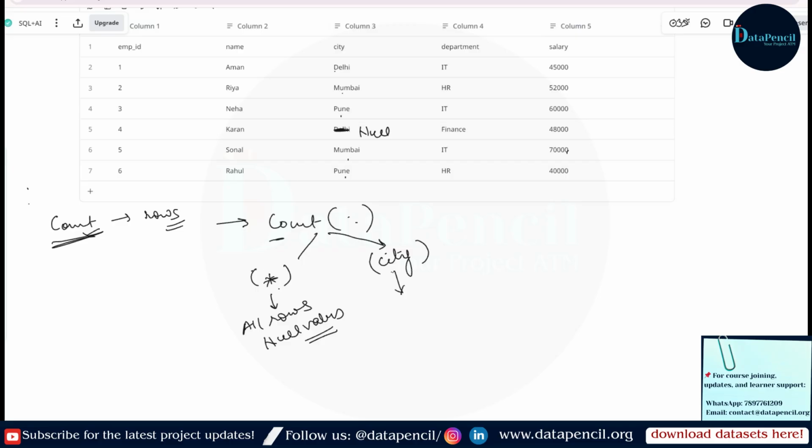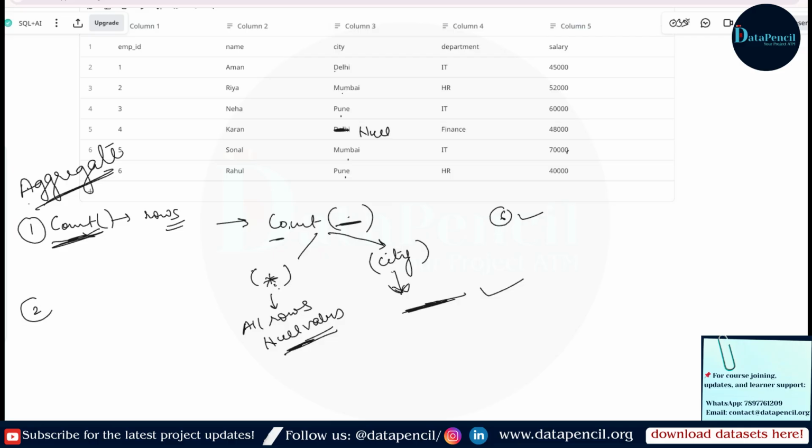If we use count star, then the answer will be 6. Correct. So star means include null values, and if we mention any column here, it means exclude the null values. This is the first function, the count function, in aggregate functions.